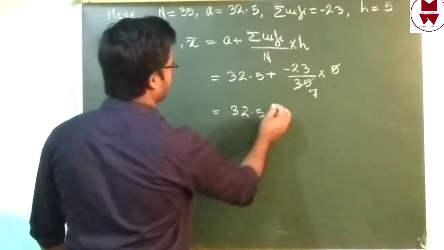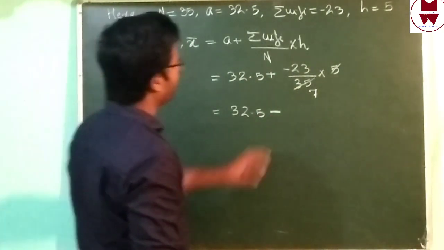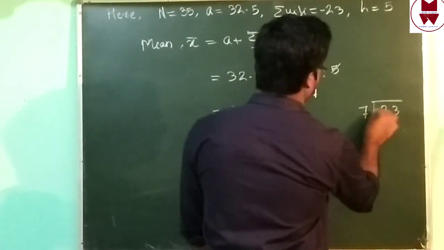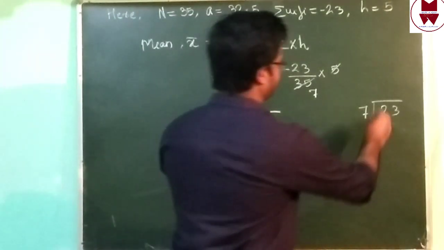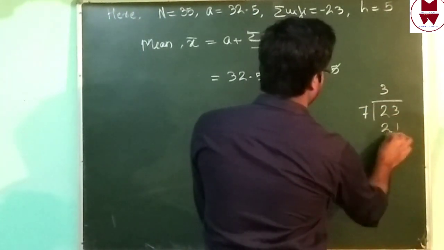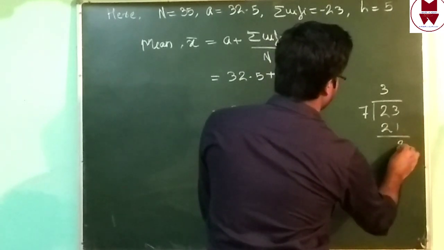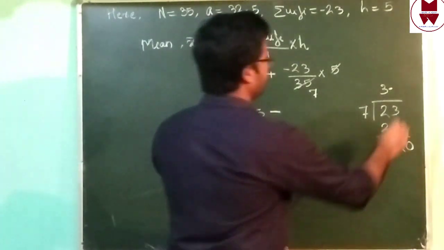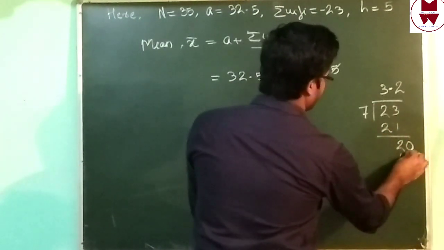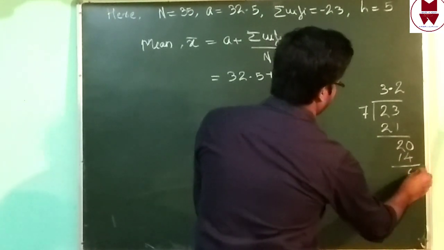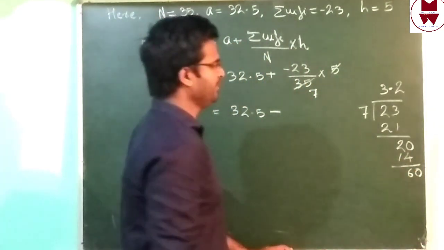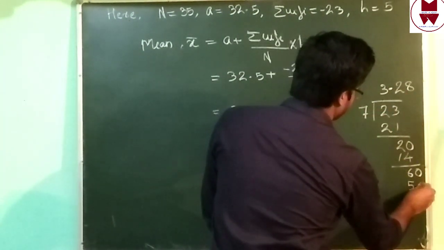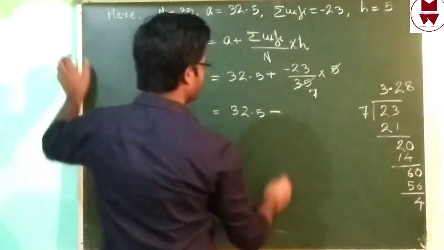32.5 then plus into minus, minus. Just divide 23 divided by 7. What you will get? 23 divided by 7. In 23, how many times 7? 3 times. 3 into 7, 21. Then 3 minus 1, 2. Write 1 zero, same time 1 point. 20 divided by 7, 2 times. 2 into 7, 14. Then 6. Add 1 zero. No need any point. In 60, 7 common times, 8 times. 8 into 7, 56. We will get 4. That's enough.